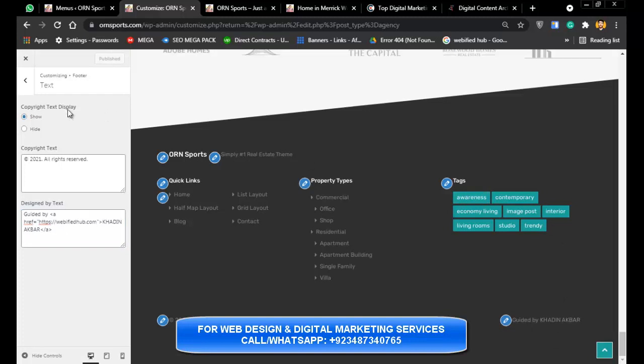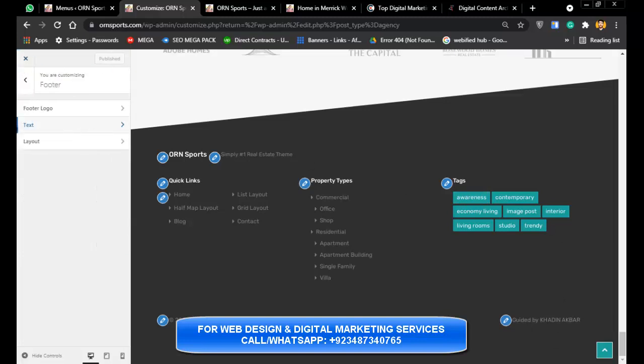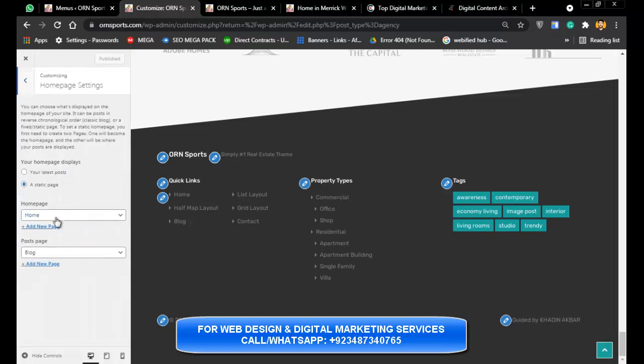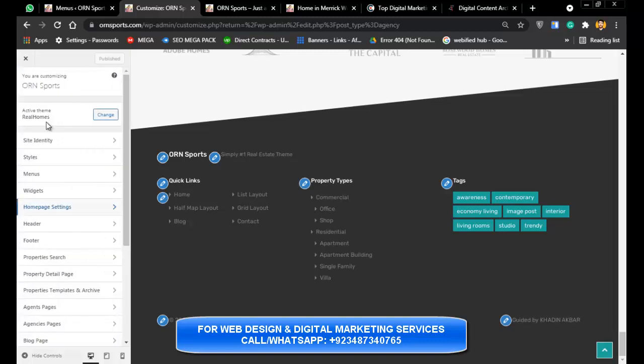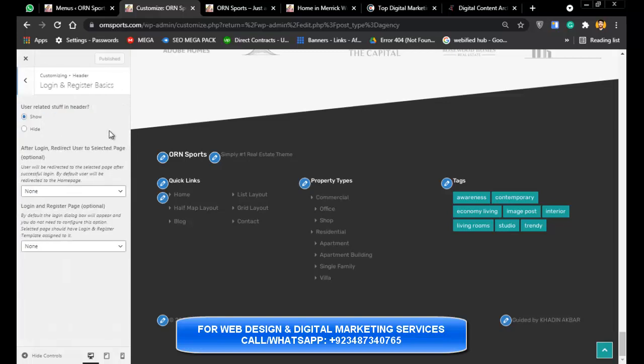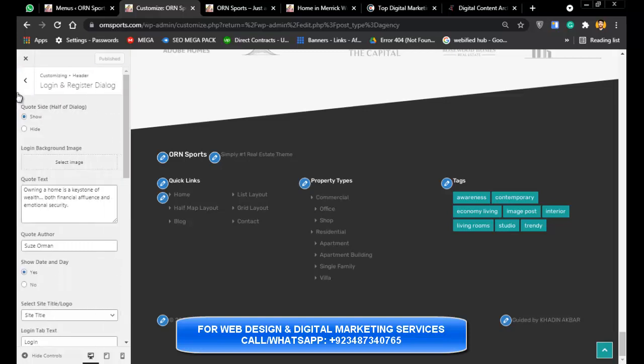And let me show you more about this section, because this section is absolutely amazing. You can edit the columns, you can edit the layout of the website. Now there are three columns, you can add 4, you can add 5, and you can add 6 also. Here in home page settings, you can set up the home page. Here in header settings, you can set up the header. And you can set login and registration dialogues.